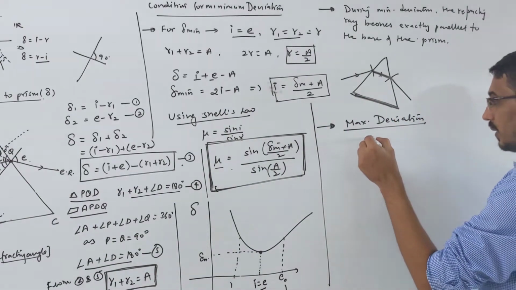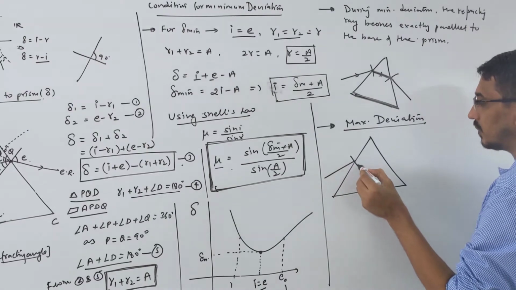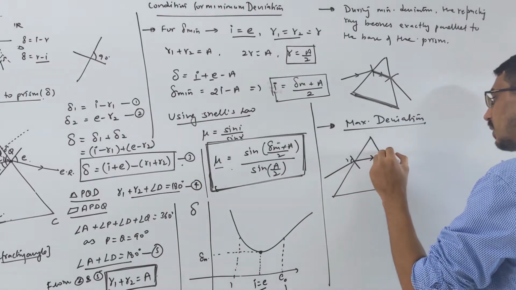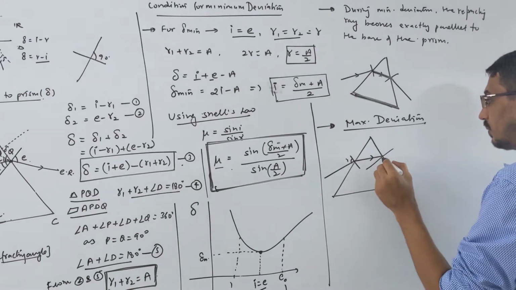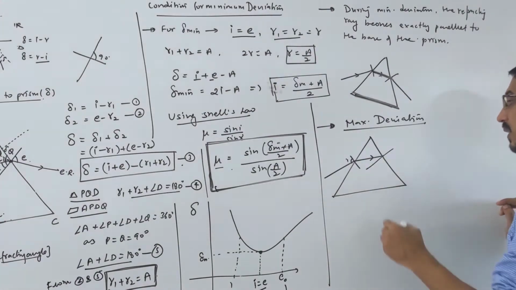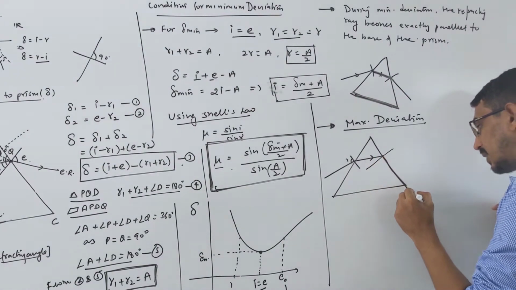If you're confused, look here. We are talking about when the deviation will happen maximum. This is the angle of incidence, this is the refracted ray. So let me draw. Maximum deviation will happen when this emergent ray goes parallel toward this base,